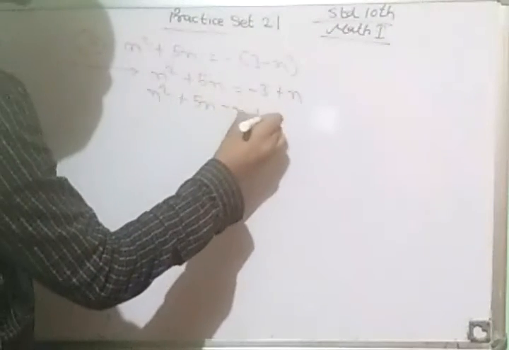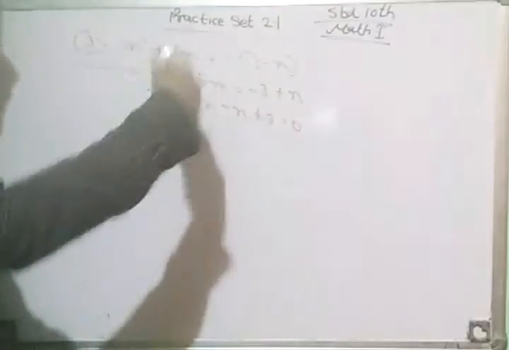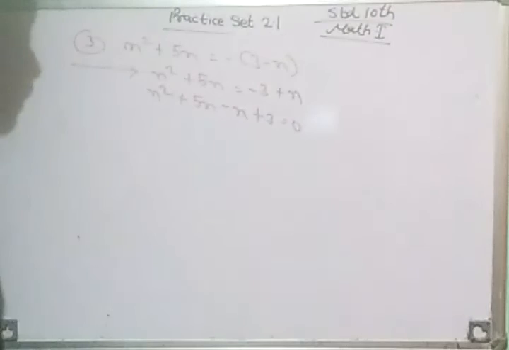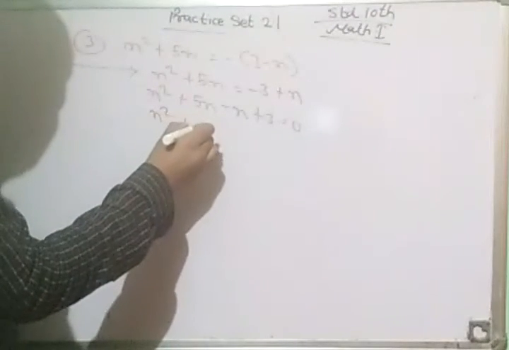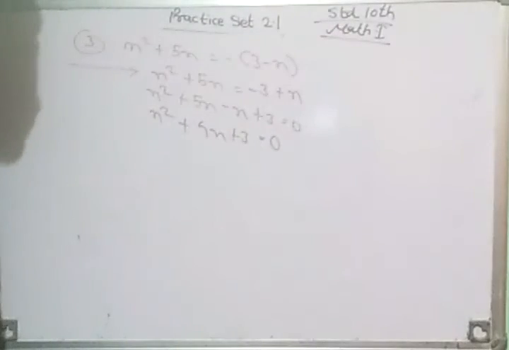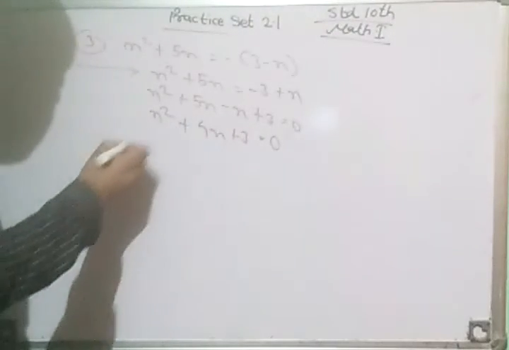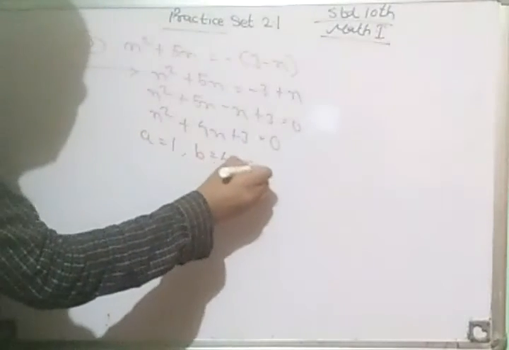minus x plus 3. We change the sign of right hand side to the left hand side. x square plus 4x plus 3 is equal to 0. This is a standard form. This is a quadratic equation. So value of a is equal to 1, value of b is equal to 4, value of c is equal